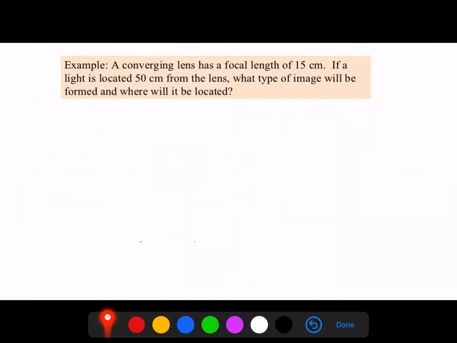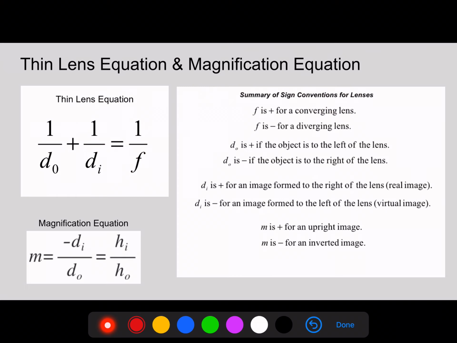Okay, so why don't we take all of these points and let's apply them to an example of a converging lens. So in this example, we have some sort of a converging lens that has a focal length which was given to us. Okay, and the focal length here is going to be equal to 15 centimeters. And because this is a converging lens, this will be a positive sign. You can go back to the sign conventions to verify that for a converging lens, we need a positive sign